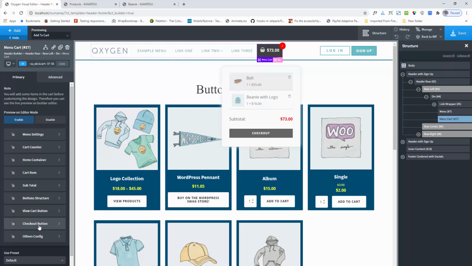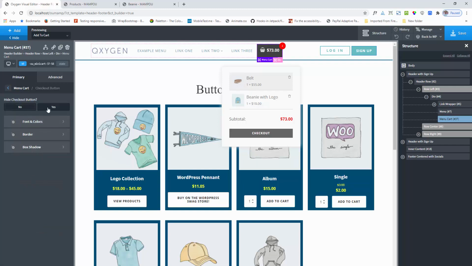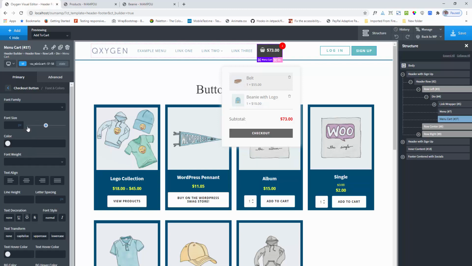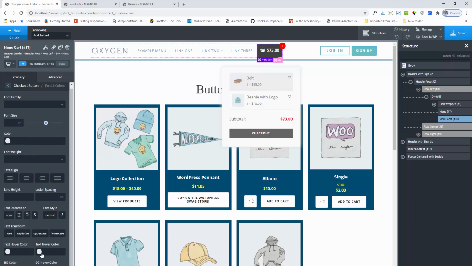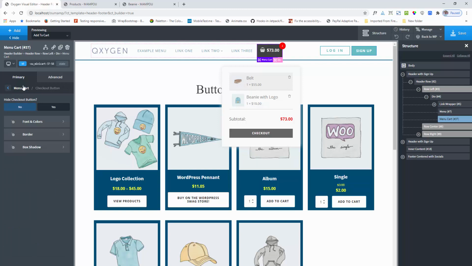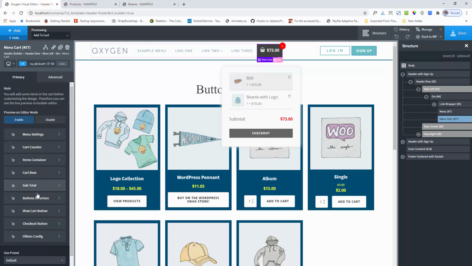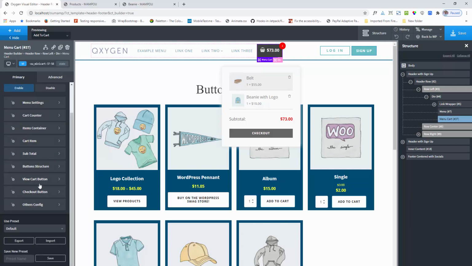Also you can disable the checkout button if you do not want this. So here is the enable disable options for the buttons, and you can adjust the font color, background color from here. So this controls the section under the button config sections.